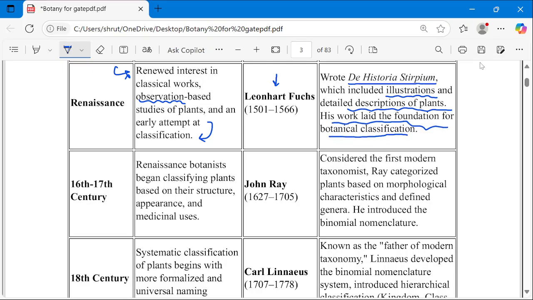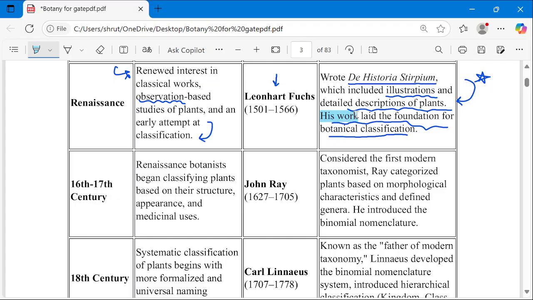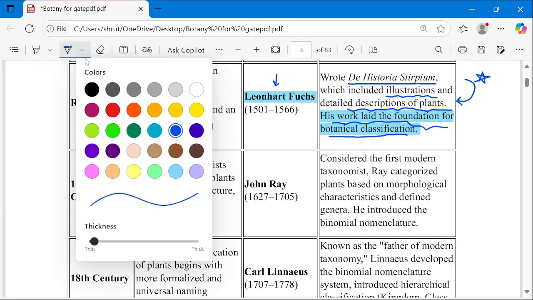and his work laid the foundation for botanical classification. So who laid the foundation for botanical classification? Leonhard Fuchs. Who laid the foundation for botanical nomenclature? Leonhard Fuchs. Okay, so moving to the next era,